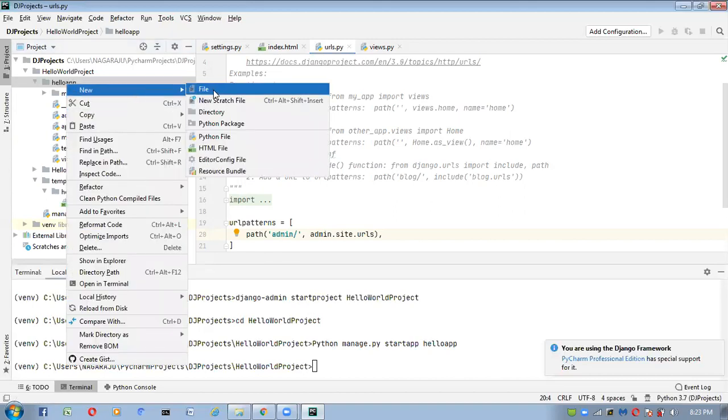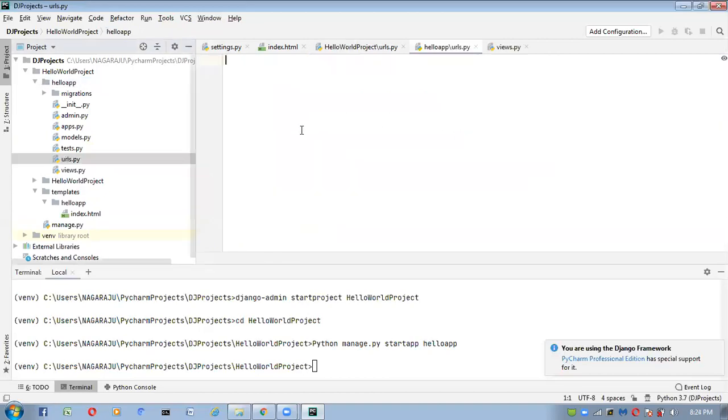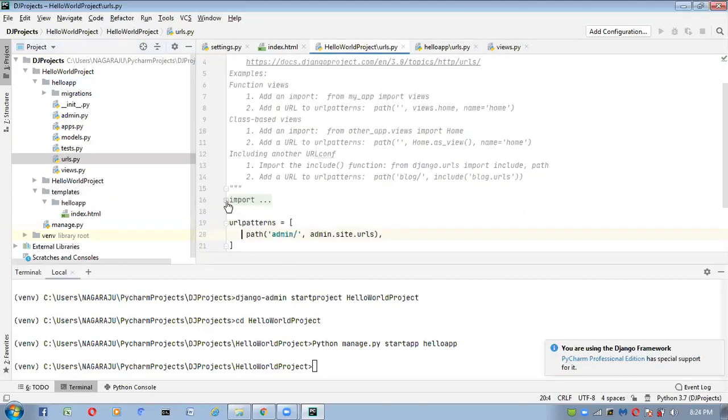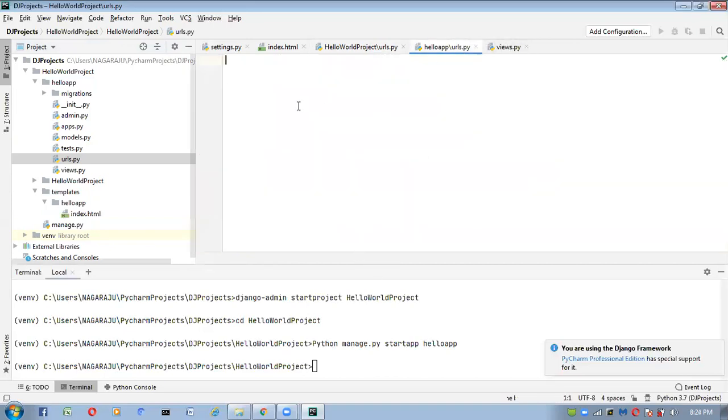Just take these things here; admin I don't want at application level, because admin is always placed in the project level urls.py file.